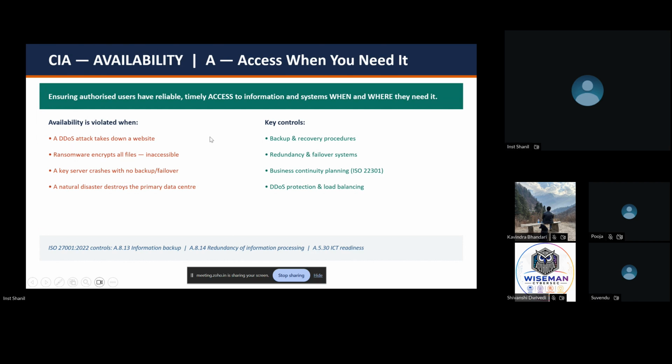So whenever you're not able to access your account, right? You continuously enter your ID and password, and it says unable to authorize, unable to log in, or a server issue. So that is a denial of service. You're not getting the service which you have registered for, right? Whenever any hacker hacks a particular system through denial of service, no one else apart from the hacker is able to access those accounts. So that is a denial of service.